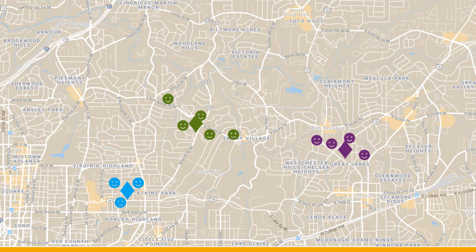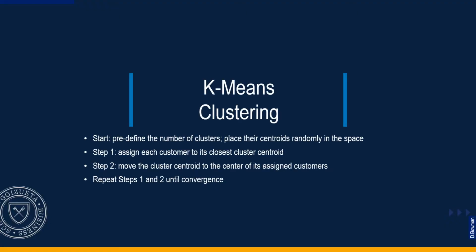So there you have it. We have reached an optimal solution. Knowing that we wanted to open 3 stores, we have located them so that the collective distance all customers travel to their closest store is minimized. This is an algorithm called k-means clustering.